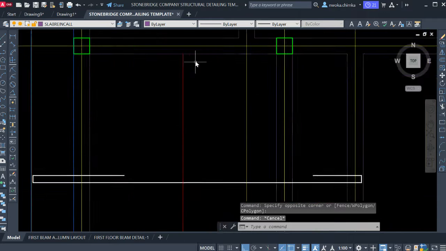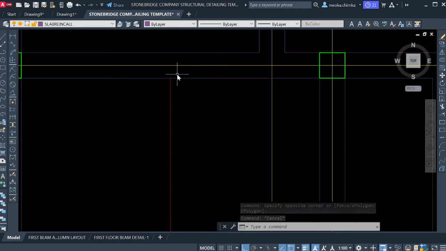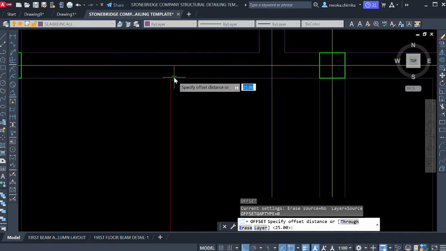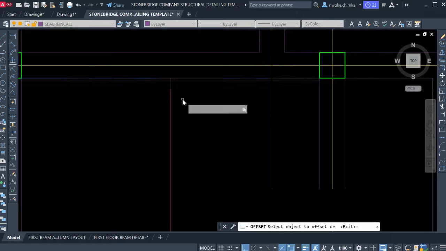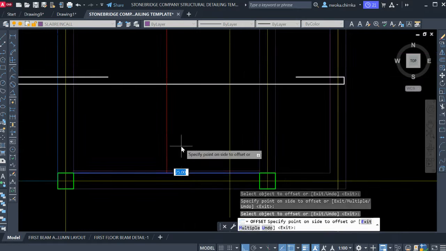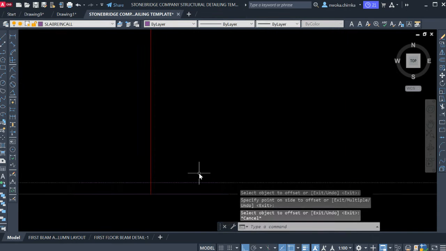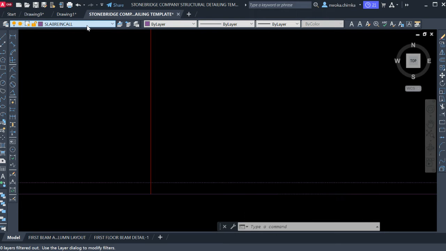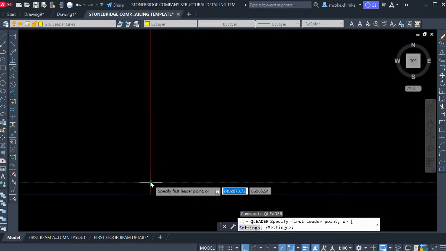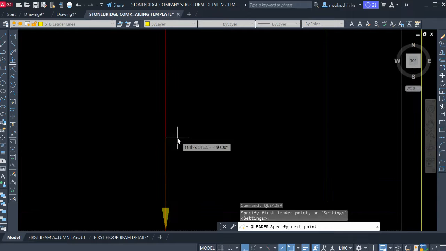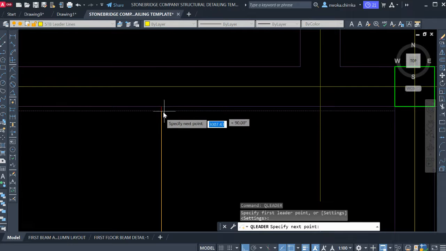So right now, I will also have to offset my cover. I will put 25 as the cover and offset this, and also 25 here and offset this. Right now, I will put my directional arrow, which I will now use. I'll go back to STB leader, as you can see it right here, STB leader line, and I'll click on this, and then QL, which is called for leader, and then click from this, not from this point, but from this cover, and click to this point, and then I'll just move to this place,